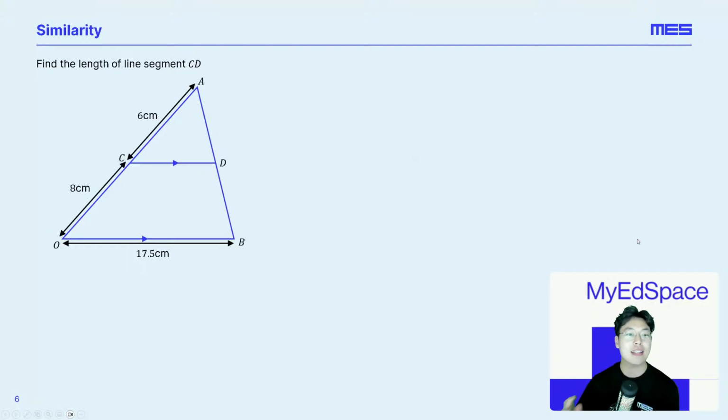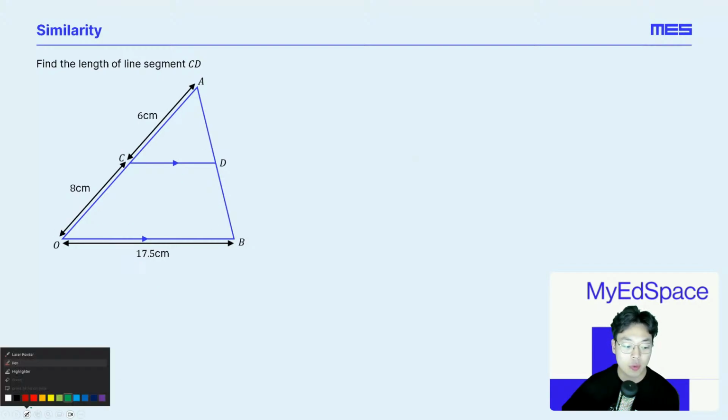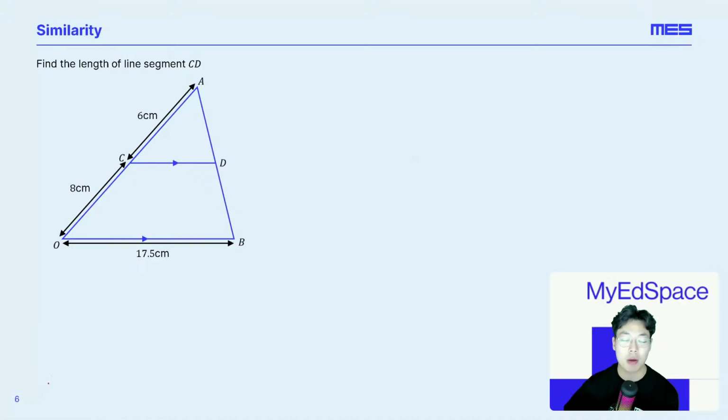Next one. Find the length of line segment CD. Now we have one triangle and we have a bigger triangle, right? You see that smaller triangle within the bigger triangle. So the first thing I do whenever I encounter these types of problems is I redraw each of the triangles. Again, I redraw each of the triangles that I see so that I get a clearer picture of what proportion